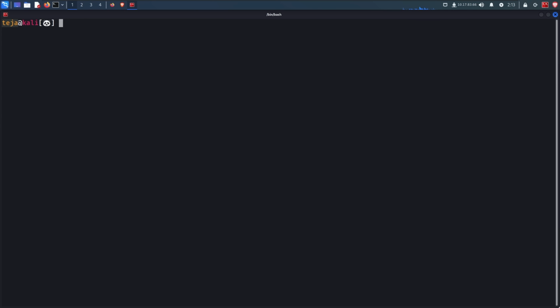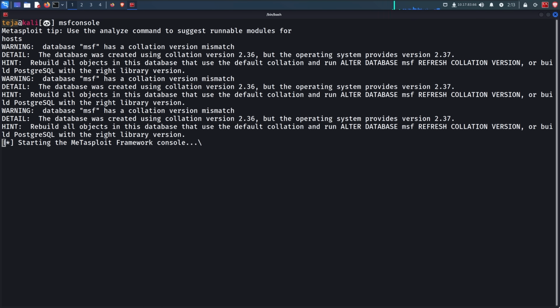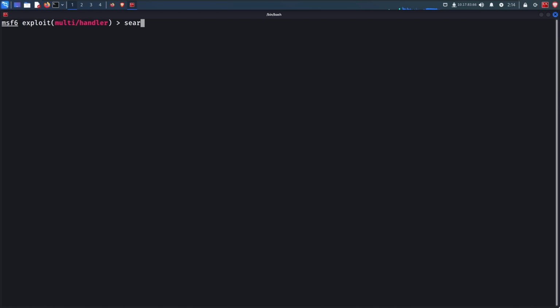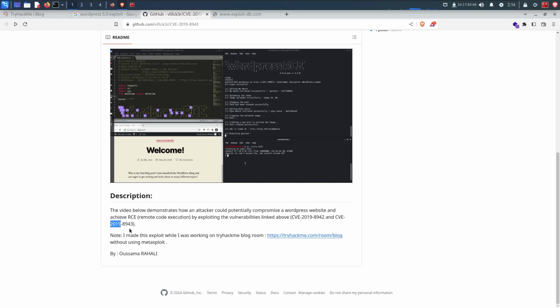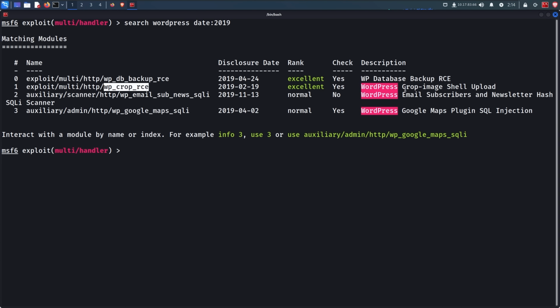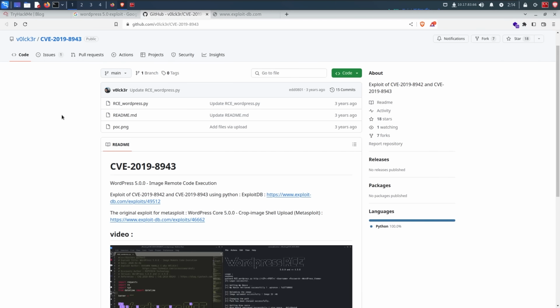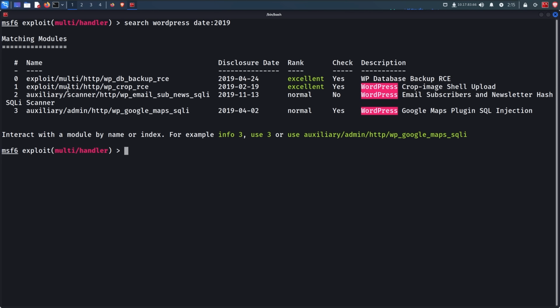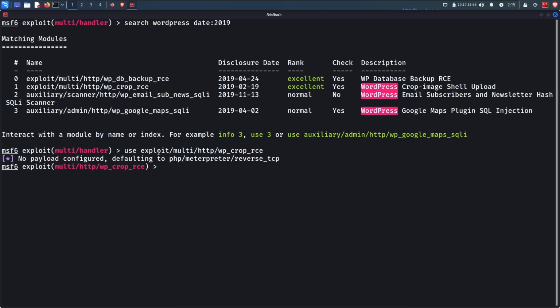So let's just go to msfconsole and see if there is a Metasploit module available for this particular exploit. All right, so I'm going to search for WordPress 2019. That looks like the year this vulnerability was disclosed. So I'm going to say date 2019, WP crop RCE, crop image shell upload. It looks similar to this exploit right here. So I'm just gonna go ahead and use this one. Use exploit multi http wp_crop_rce and